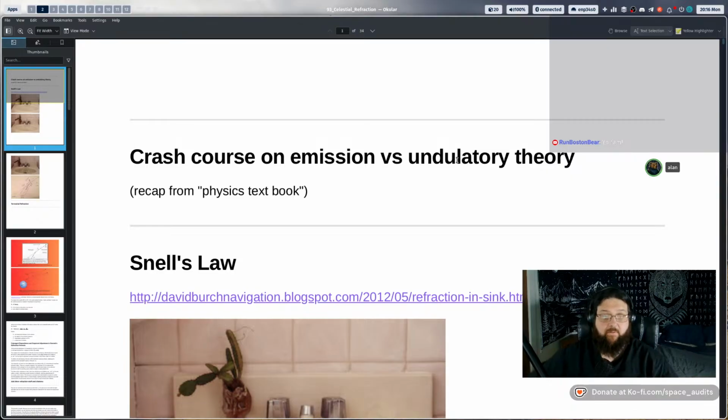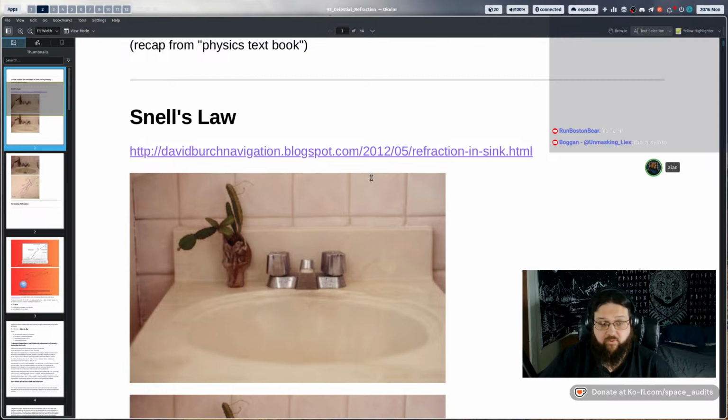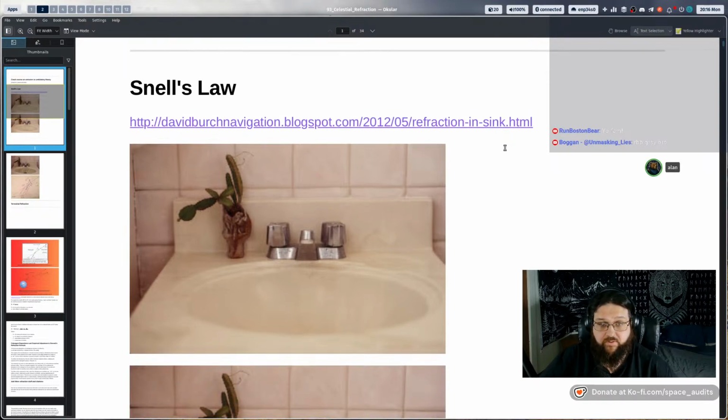All right, gentlemen, here we go. So to give us a little recap of astronomical and celestial refraction, we need to understand the difference between terrestrial and celestial refraction mechanistically to understand their differences and how they're not related and why it's inappropriate to relate the two together or to try and combine them.